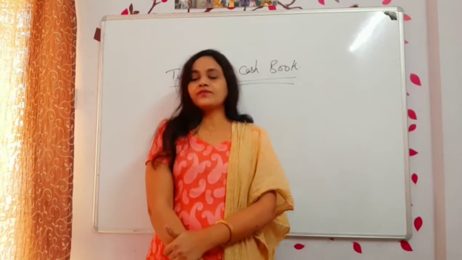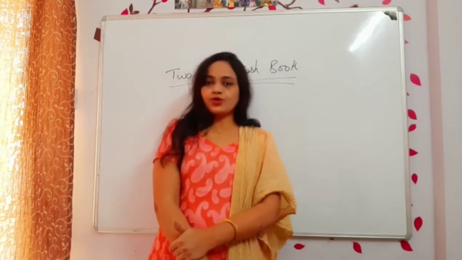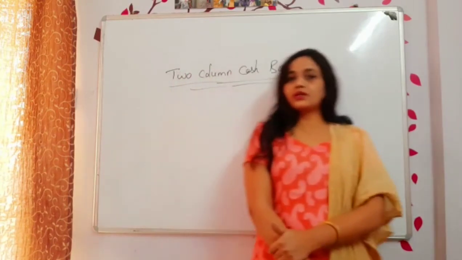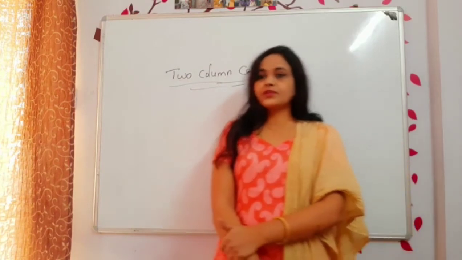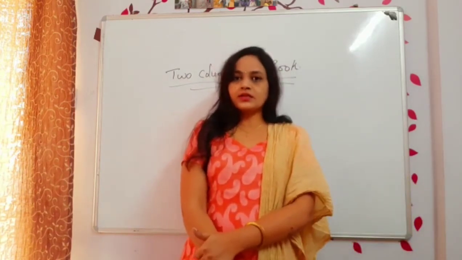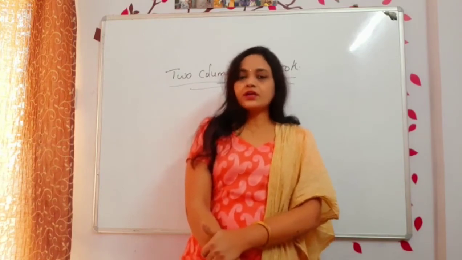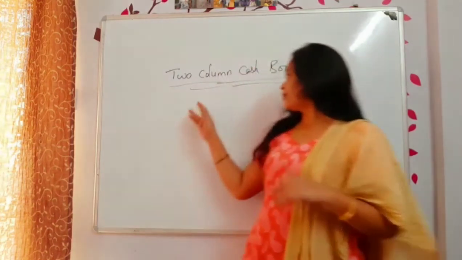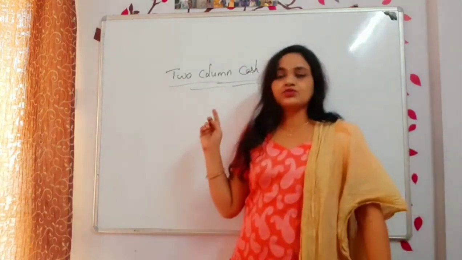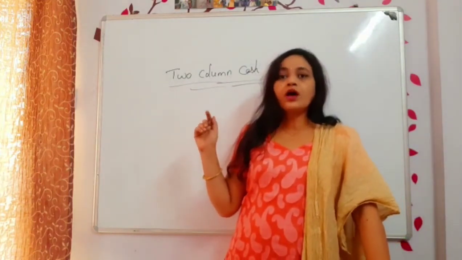Okay, fine. Today we are solving a few problems on the two column cash book. It can be called a two column cash book; if it is for degree, not in the NCERT syllabus, then it will also be called a three column cash book. Mainly we are seeing what the contra entries are, so we are solving a few problems on contra entries.